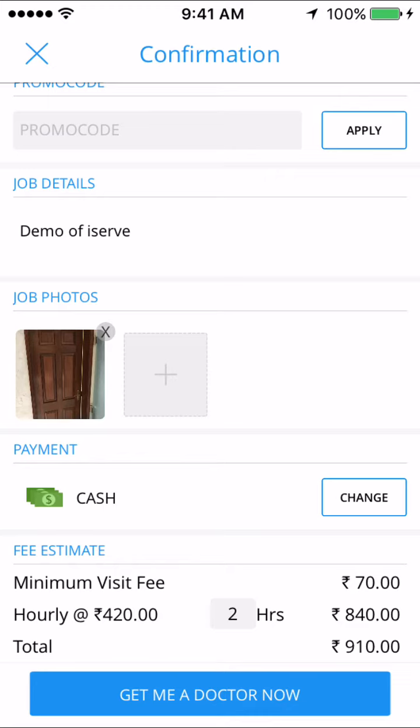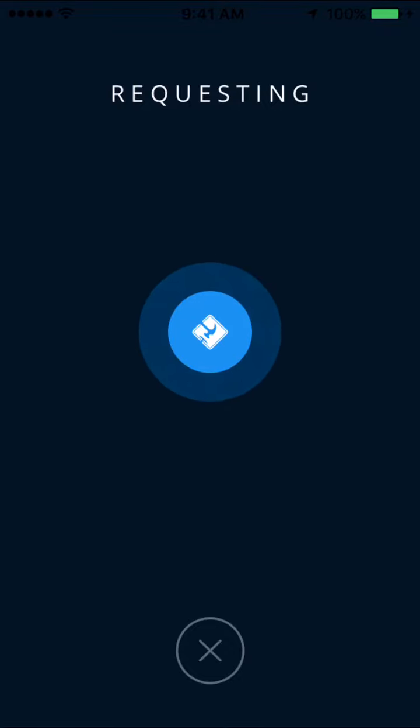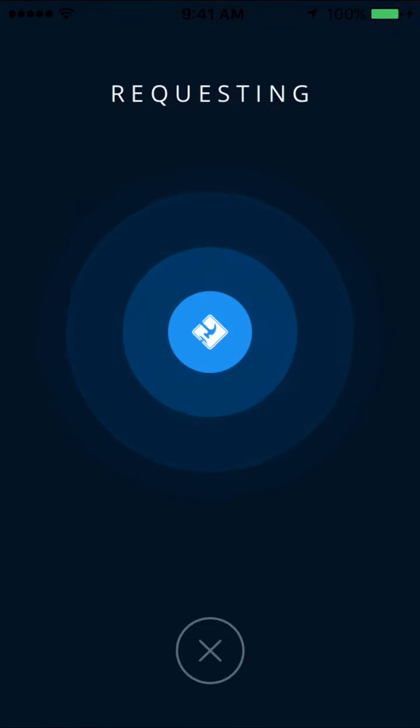It's an on-demand flow, so the booking would go out to doctors who are available around me. So let's look for a doctor. Let's see if I can get one. So the booking goes out to the closest doctor. If he does not accept it, it goes to the next available doctor. So let's assume that a doctor